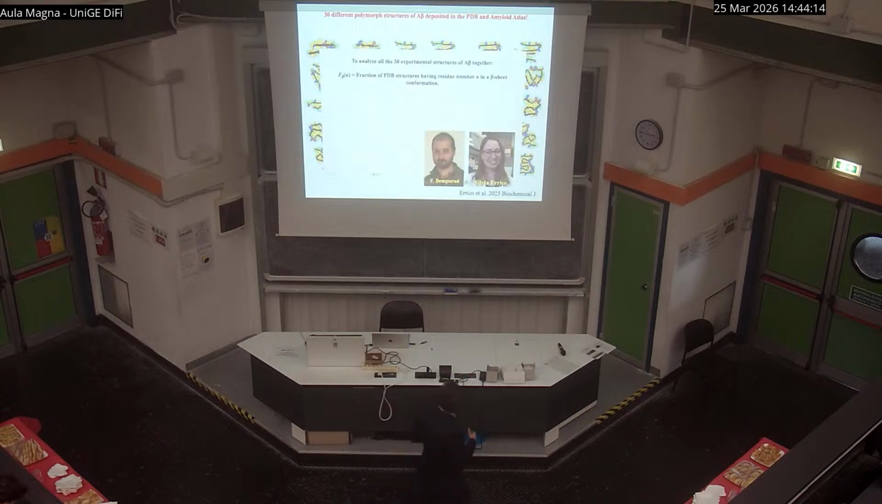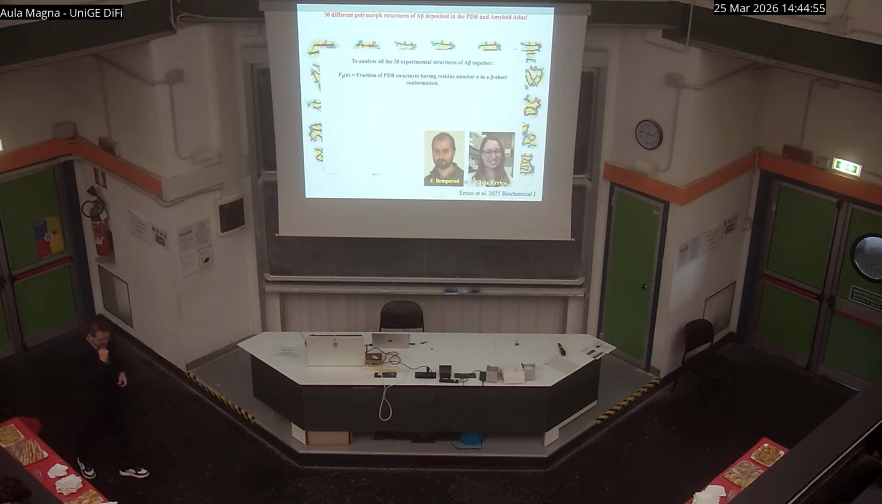It was challenging. So what we did very recently, actually we published that in 2025 with these two guys that you can see in the picture. We tried to analyze all the 30 experimental structures of A-beta fibers, because 30 are those deposited in the PDB. So all of them were analyzed together in a statistical manner. And we defined this parameter, F-beta N, which is just the fraction of PDB structures having residue number N in